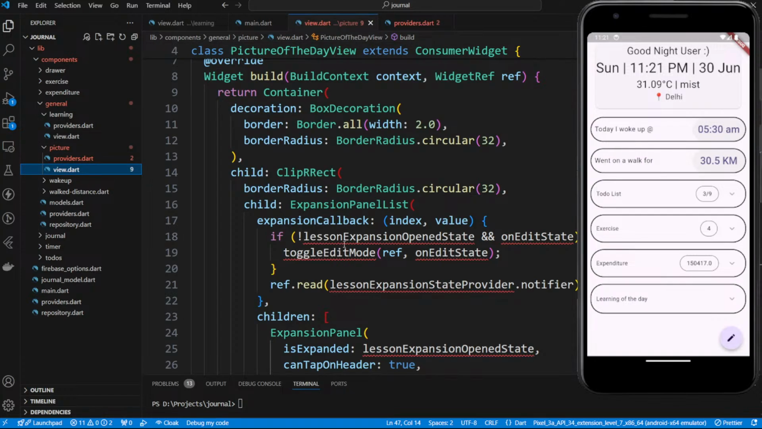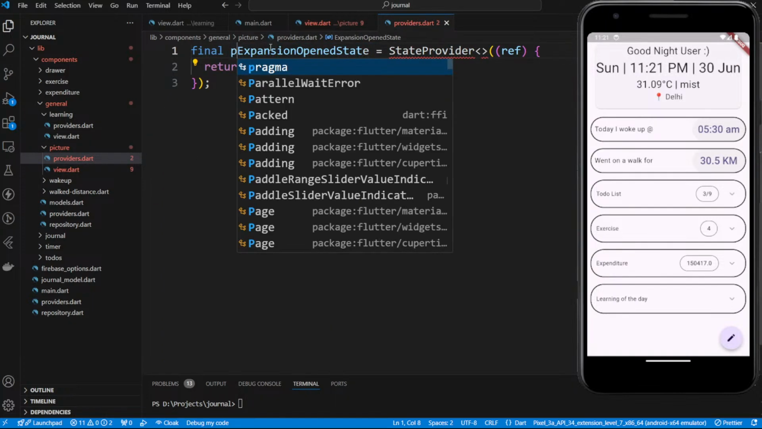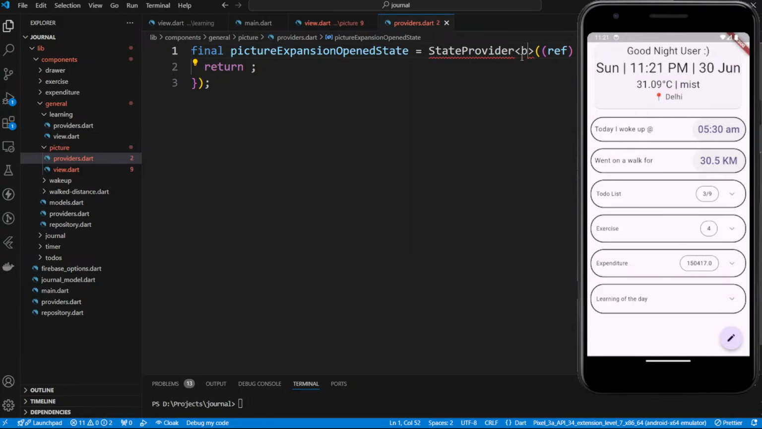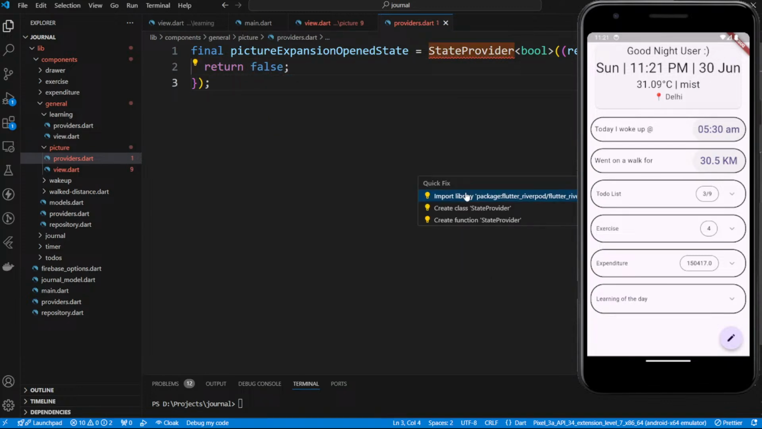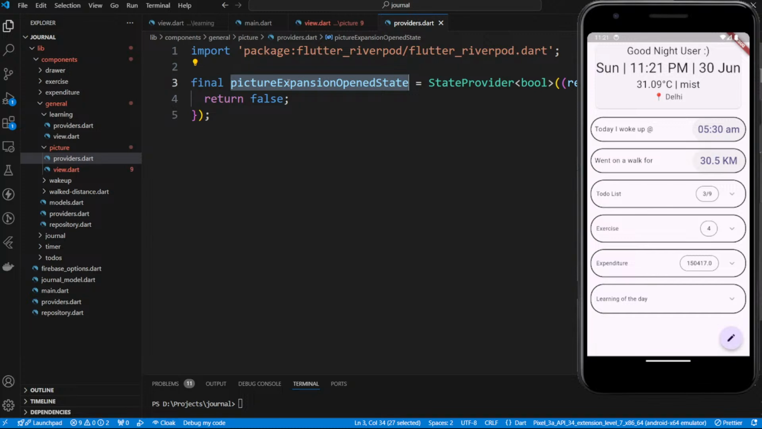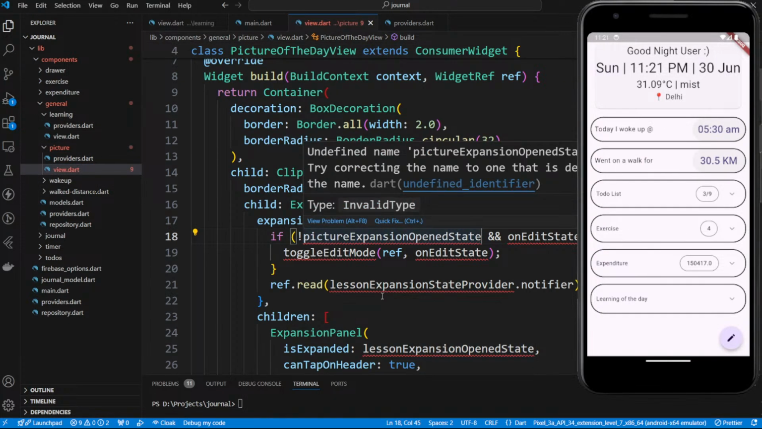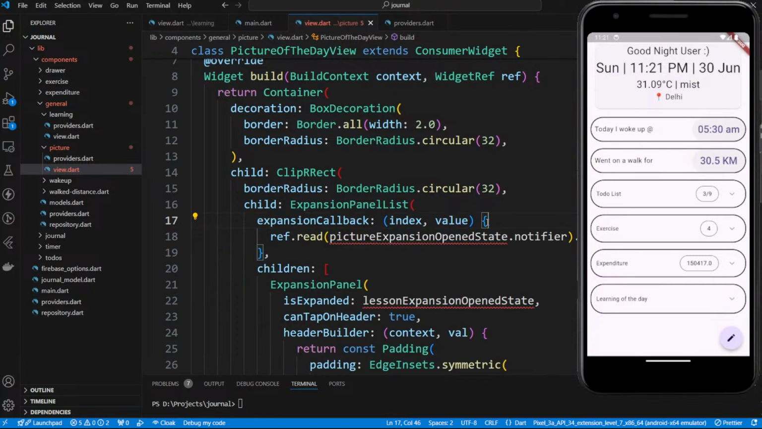What do we name for others? Lesson expansion open state. So let's put this a picture. Let's give the same name for that. Picture expansion. This will be of type boolean, and by default it will return false. Okay, and import Riverpod. Picture expansion open state, and not this. Here we want to save this, not the toggle mode. Okay,